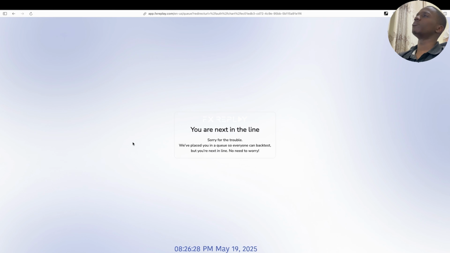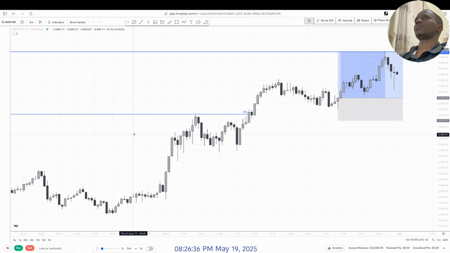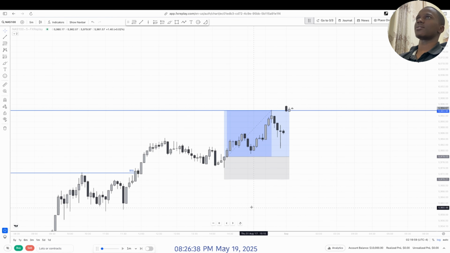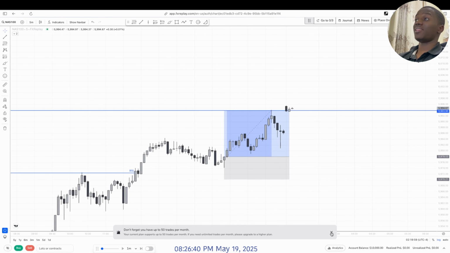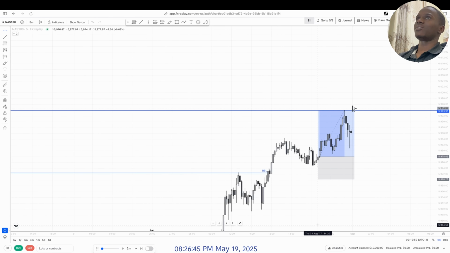So I want to be backtesting the GG as well. I want to know how it moves, and so I can see if I can get some entries on it. So we're going to be backtesting the NAS. It's providing good entries at this time because today it was really crazy. It opened with a way too hectic momentum.